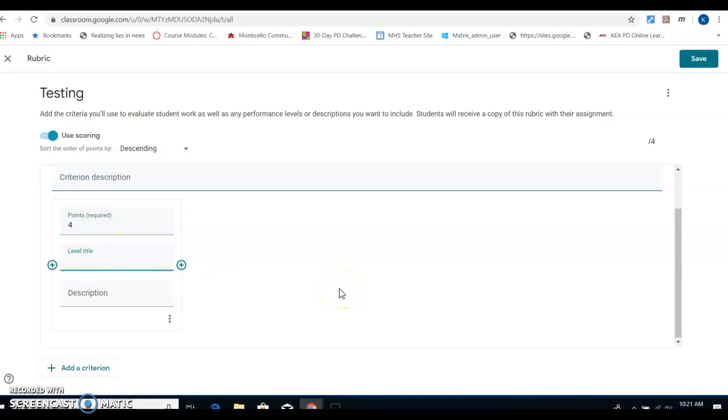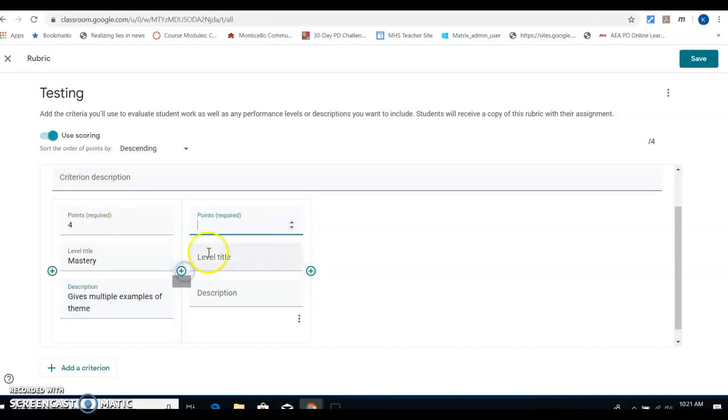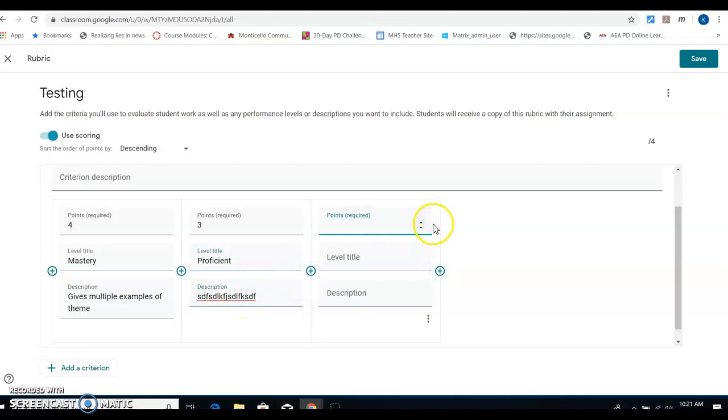The level title, so this would be like mastery. And then the description, this is where you would put in what happens here. So this could be gives multiple examples of theme or something like that. Okay, and then you just add the next one. So this one would be 3. Oops. So you can go backwards as you just saw. So this is proficient, and then this would be, you know, I'm just going to give an example, and this would be 2,